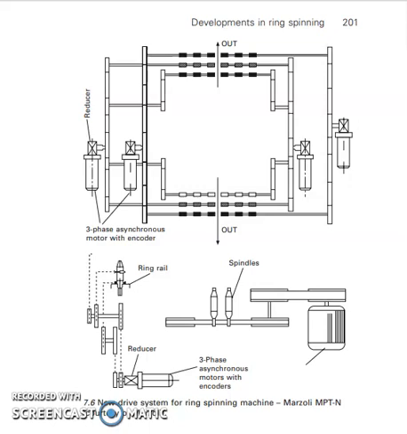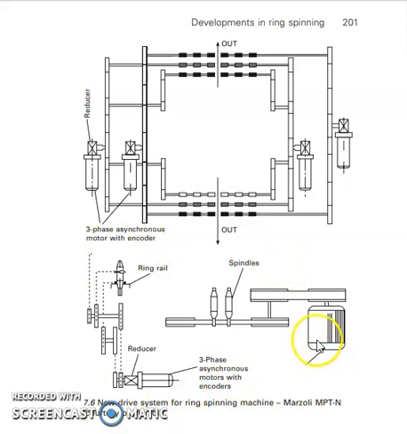A combination of these two methods offers advantages such as time saving during startup and shutdown of the machine, spinning of small lots or samples, and setting of twist, total draft and yarn count by push of a button. An example of this type of drive is shown in this diagram.